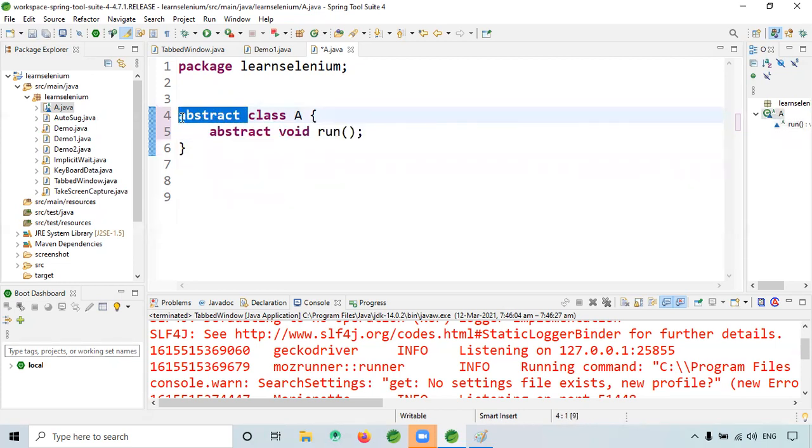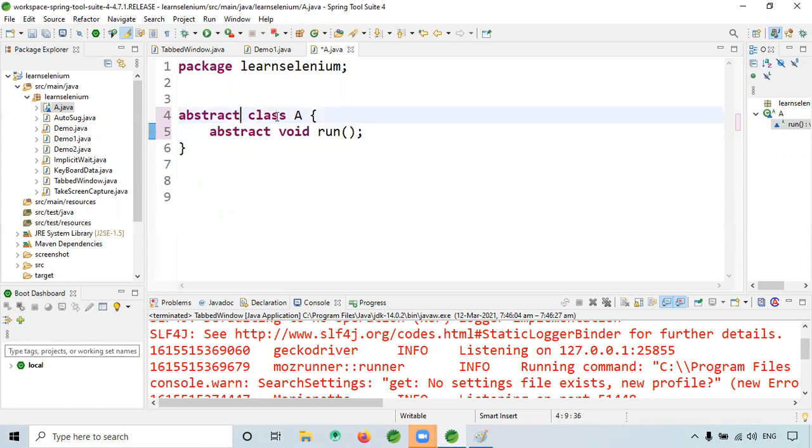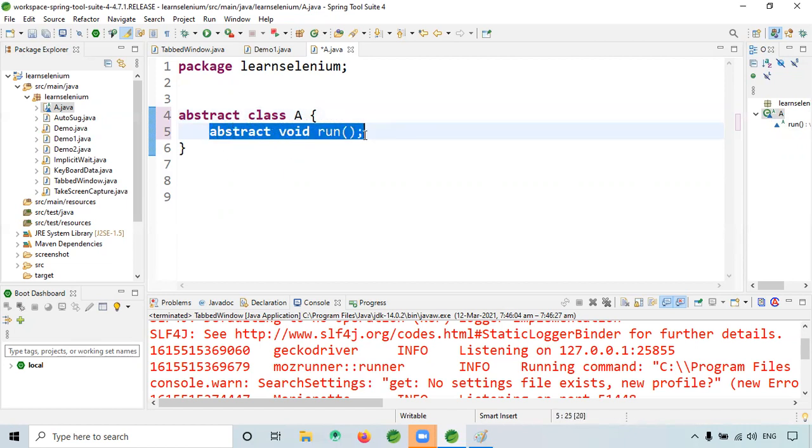So whenever a method is not defined, it has to be an abstract method, right? You will use the abstract keyword. I mean, if the implementation of that method is not there, it is not defined, it will be an abstract method by default.